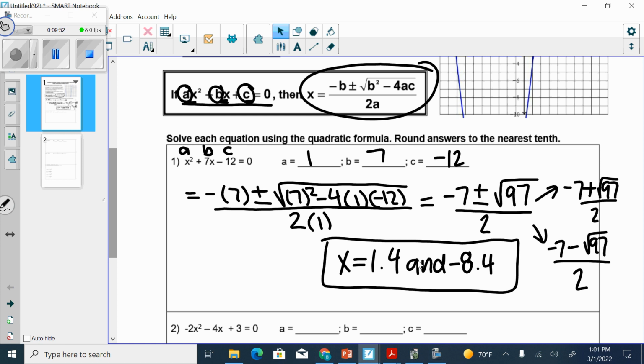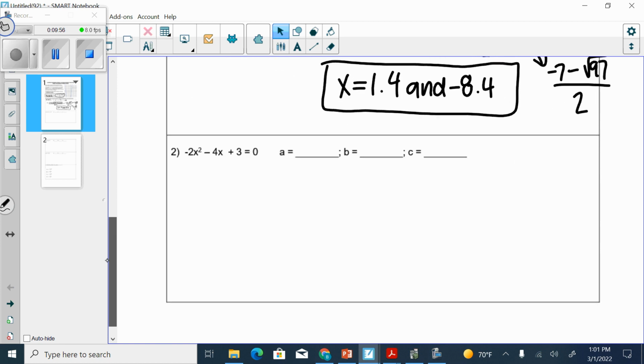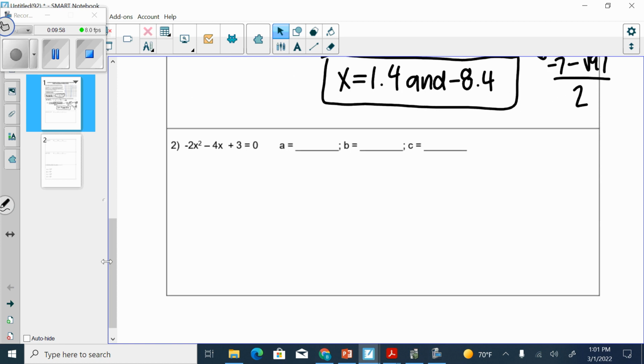All right, so let's do another one. Okay, on number 2, what's my A gonna be? -2. What's my B? -4. And what's my C? 3. Very good. Alright, now we take that and substitute it into the formula. So the formula is -B. Well, what's our B? -4. Okay, so I've got